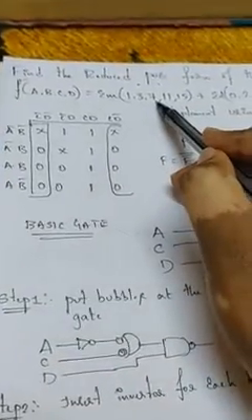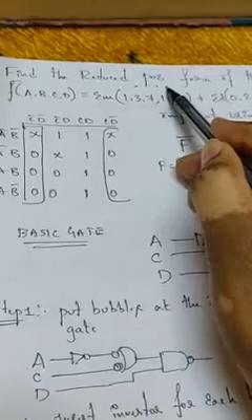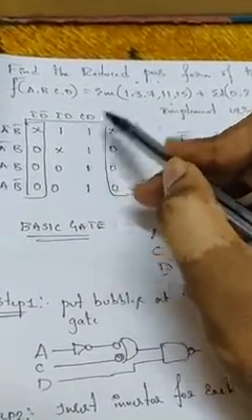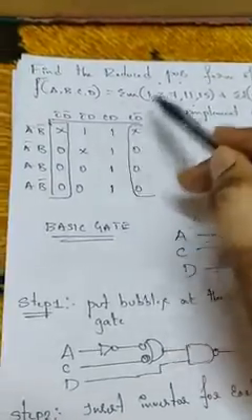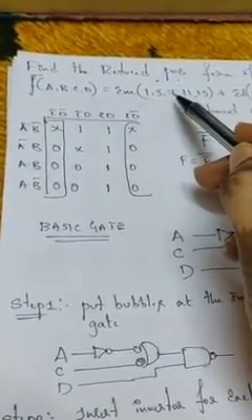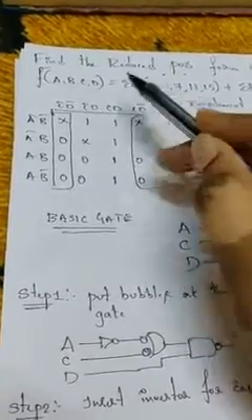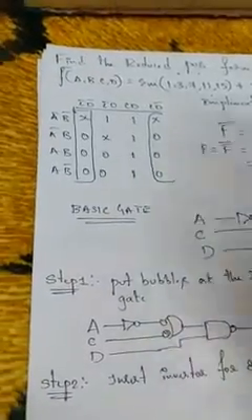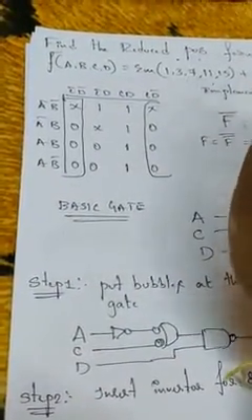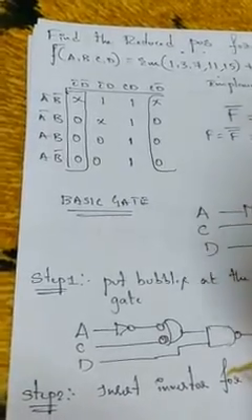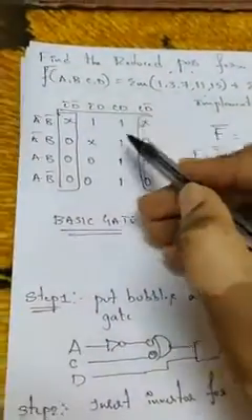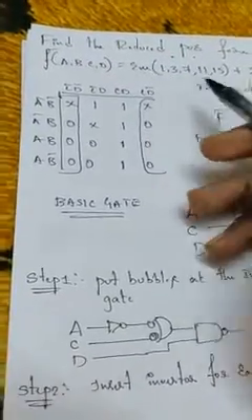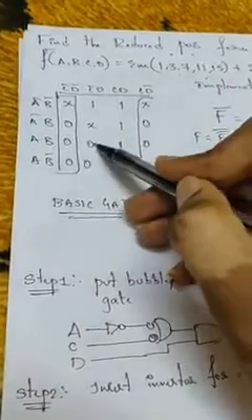If the given expression is in the form of SOP and they ask for POS, fill the K-map with ones and group zeros. If the given expression is in POS and they ask for SOP, fill the K-map with zeros and concentrate on ones. Okay, remember one thing: if they want SOP, concentrate on ones. If they want POS, concentrate on zeros. If they want POS, take these X's as zeros. If they want SOP, take these X's as ones if needed. Okay, so this is one octant. We are left with 2 zeros now.